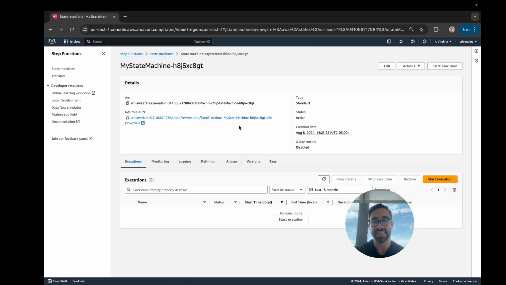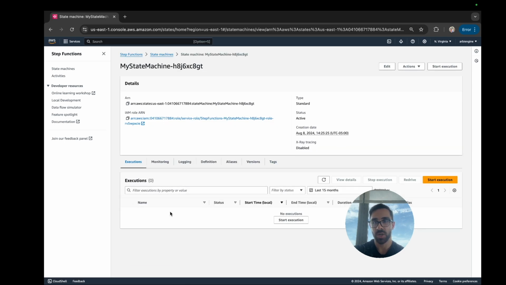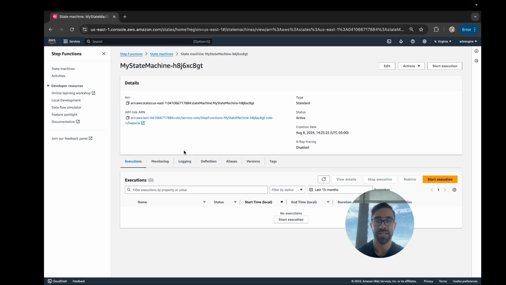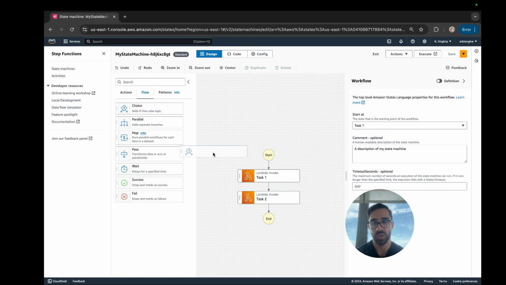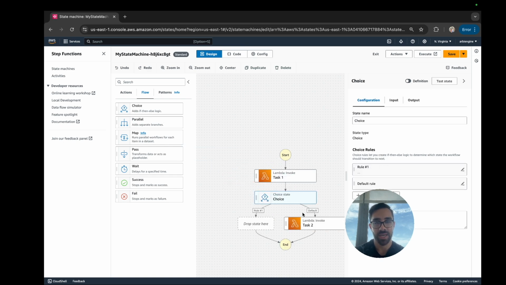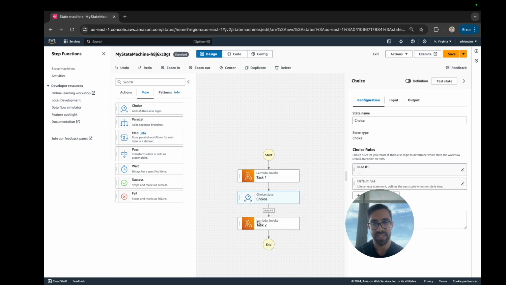So let's go back into that state machine that we created. Sorry for the interruption. We had to go back so I could make that clear. And then we can go to that state machine and go edit. So we see that it's saved as we did before, and we can go back and insert that choice that we had. And once again, we can drag the first task to the rule 1,